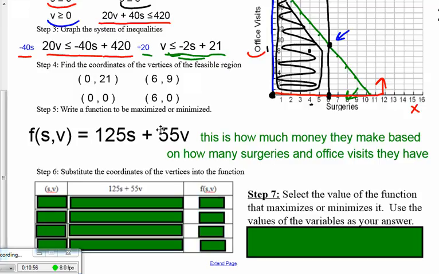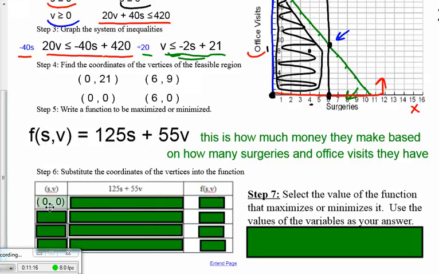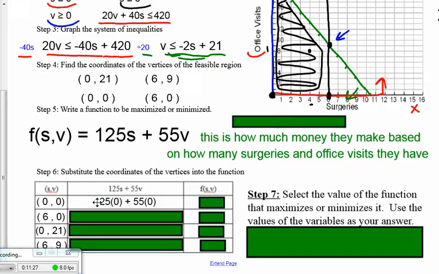So now that we have our function set up, we substitute in the coordinates of the vertices, so we plug these values into our function, and whatever it spits out, that's how much money we would make at the end of that day. Looking at our things to plug in, we need to plug in (0, 0), (6, 0), (0, 21), and (6, 9). When I plug in (0, 0), it's going to look something like this: 125 times 0 plus 55 times 0. Of course, those are both going to end up being 0, so when we add them together,